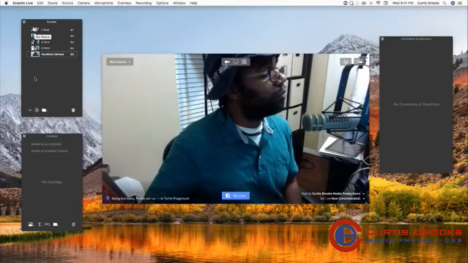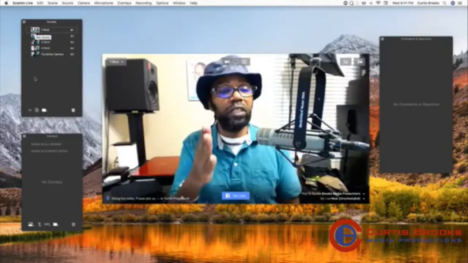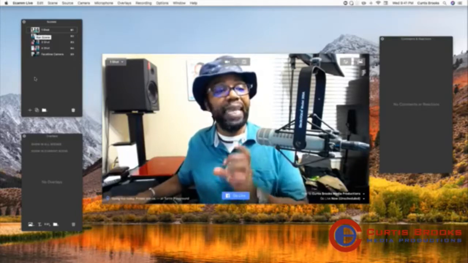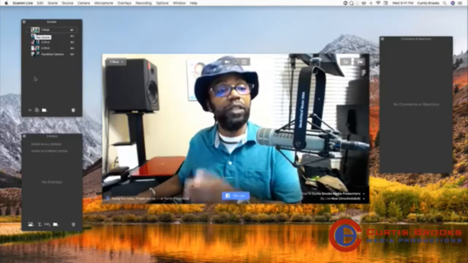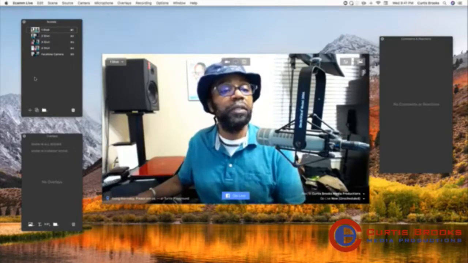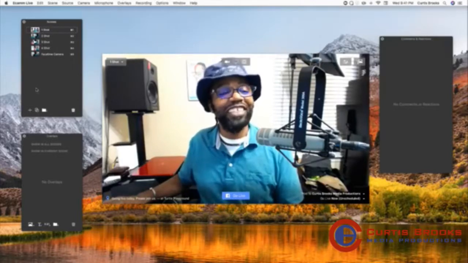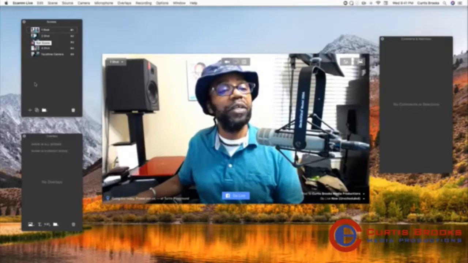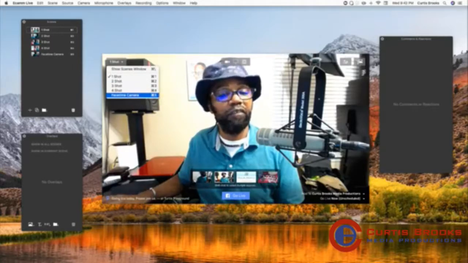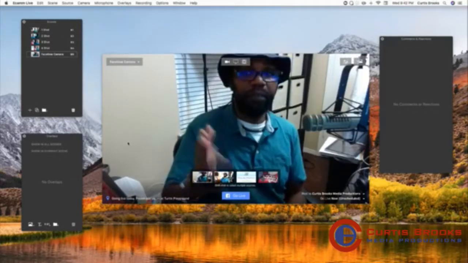If I want to go back to this scene, which is the Logitech camera, it shows up just by pressing that arrow going to the right, representing the play on a video recorder or tape recorder. You can press the arrow and get the same thing, or you can use the shortcut keys. If I want to go to the FaceTime camera, there I am.